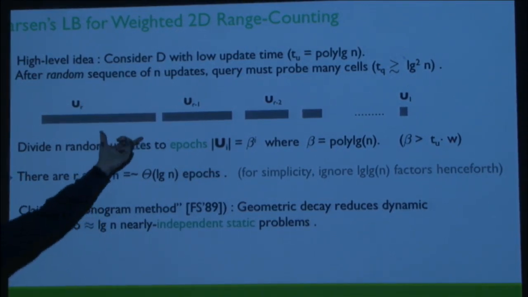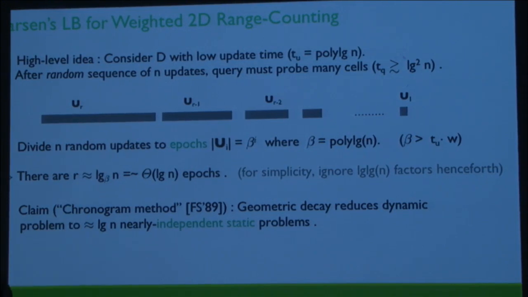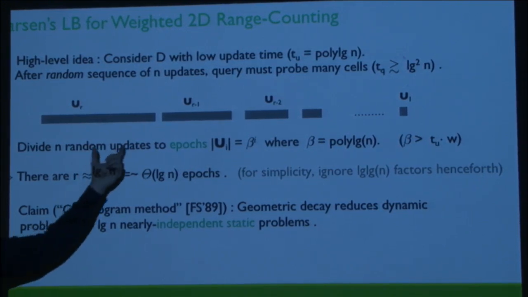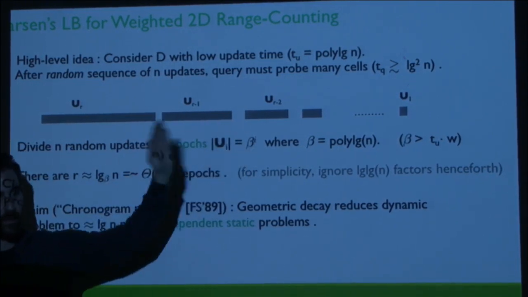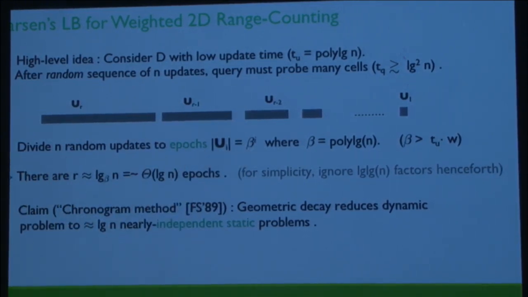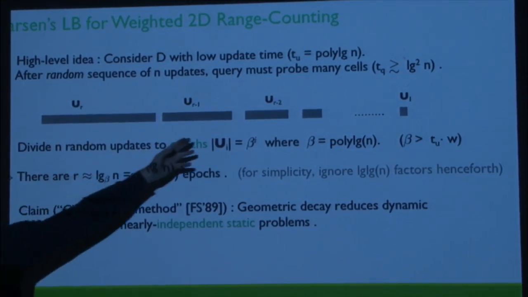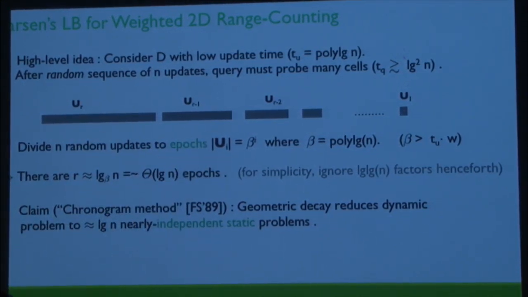So you can pre-process everything that happened in one epoch. This is similar to the static model. So the dynamic feature of the problem is only on the epoch resolution, not inside every epoch. But why am I claiming that those problems are essentially independent? They're independent in the following sense. So suppose